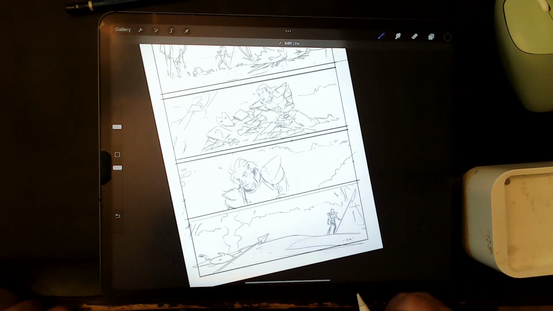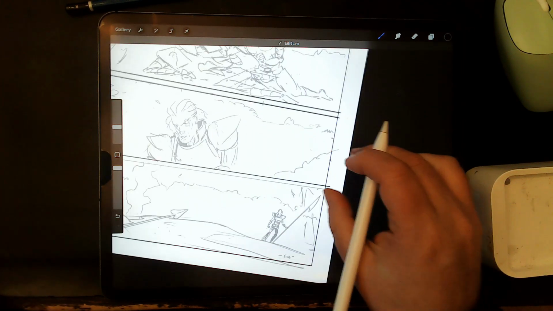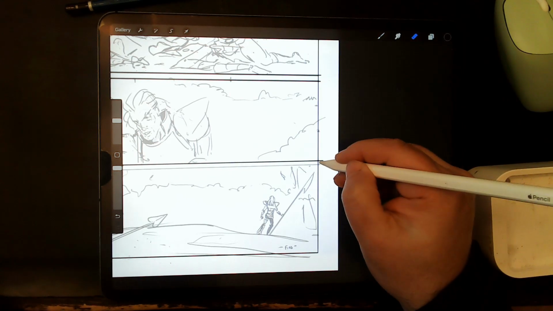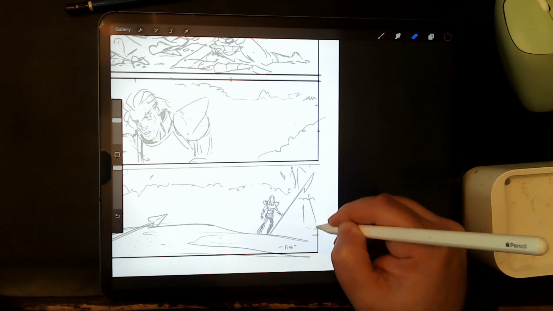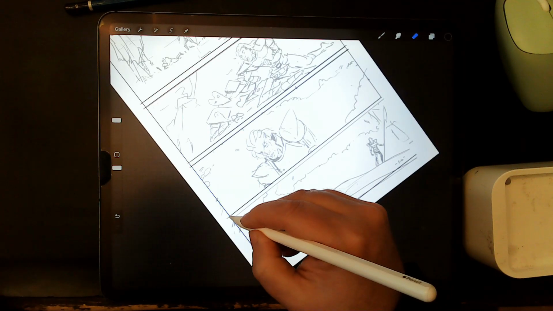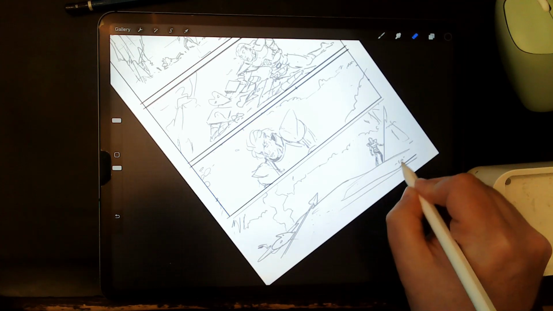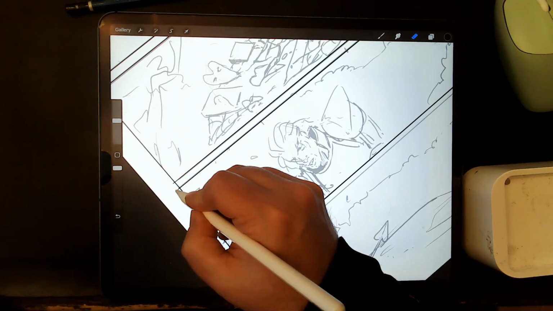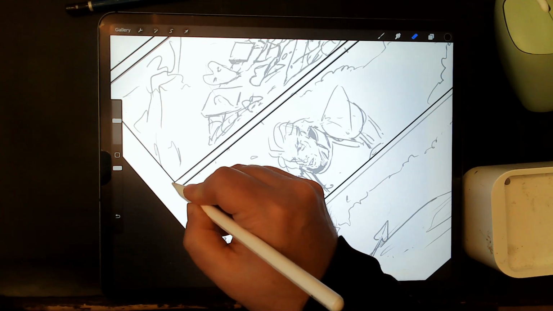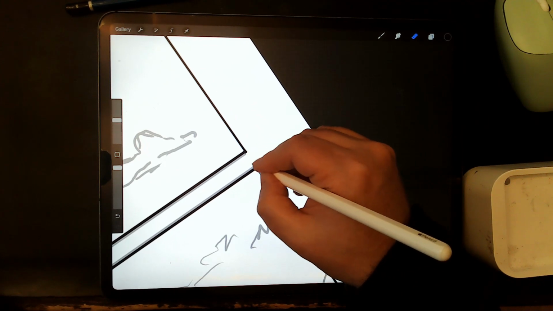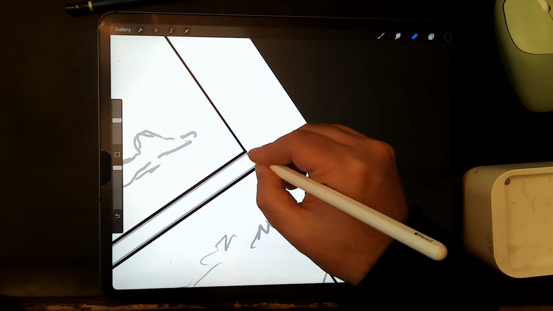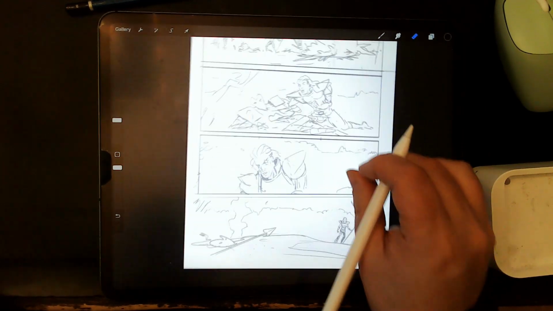Well, let me take a look. What if I did go borderless? It's the ending panel. So all right, let's entertain the option for right now. We're going to go borderless on the last panel, just for fun, just for funsies. Doing things for funsies is always a good option. Okay.